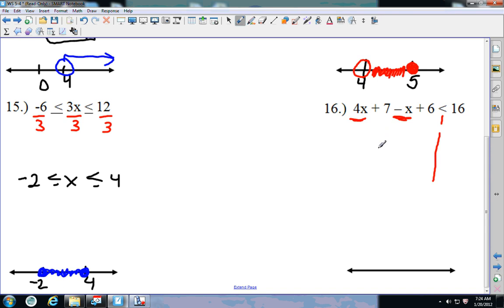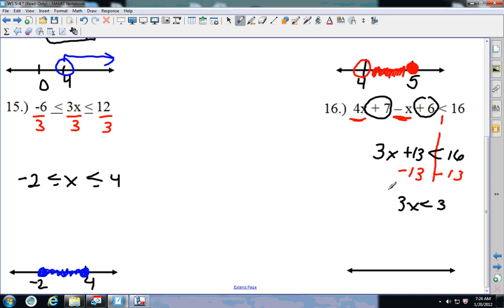I have negative 4 minus 1, which is 3x, and then you put together 7 plus 6, which is 13. You don't have to do the opposite because they're on the same side of the equation. Now, down here, the 13 is on the opposite side, so I subtract 13 from each side, and I get 3x is less than 3, divide by 3,